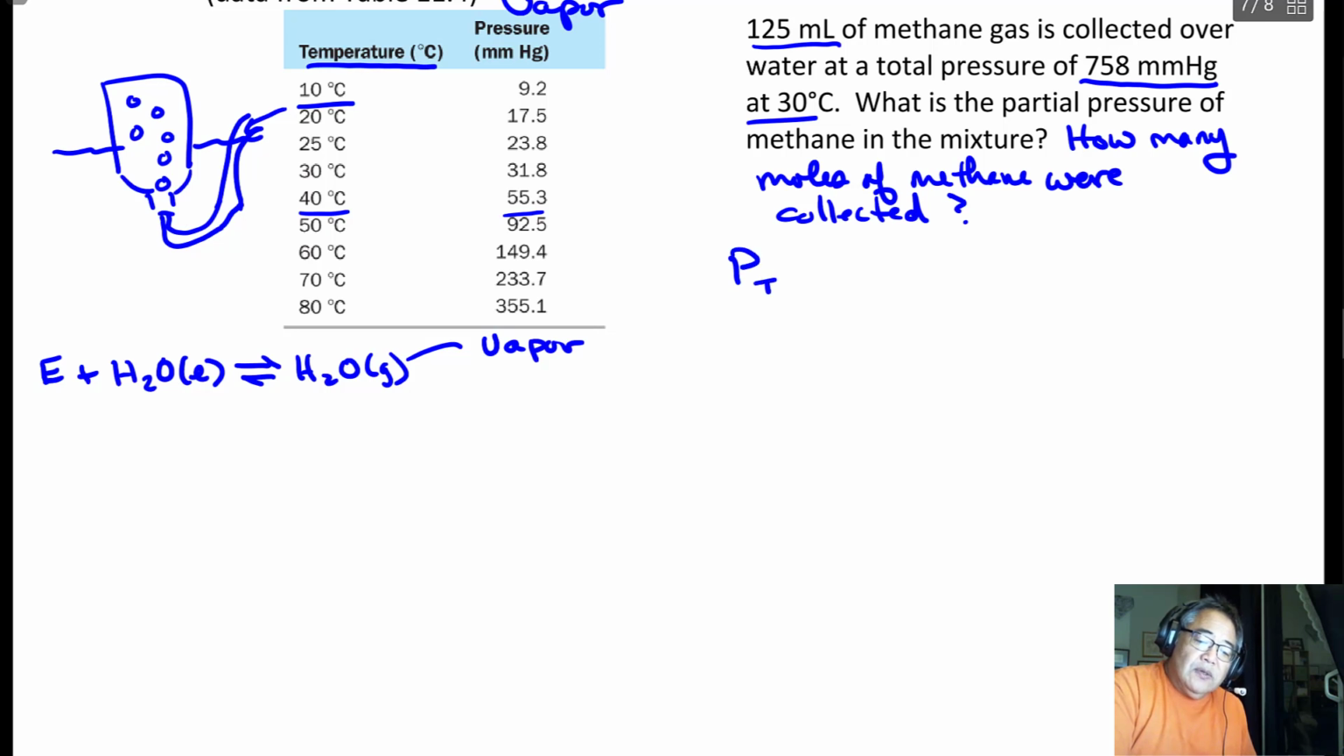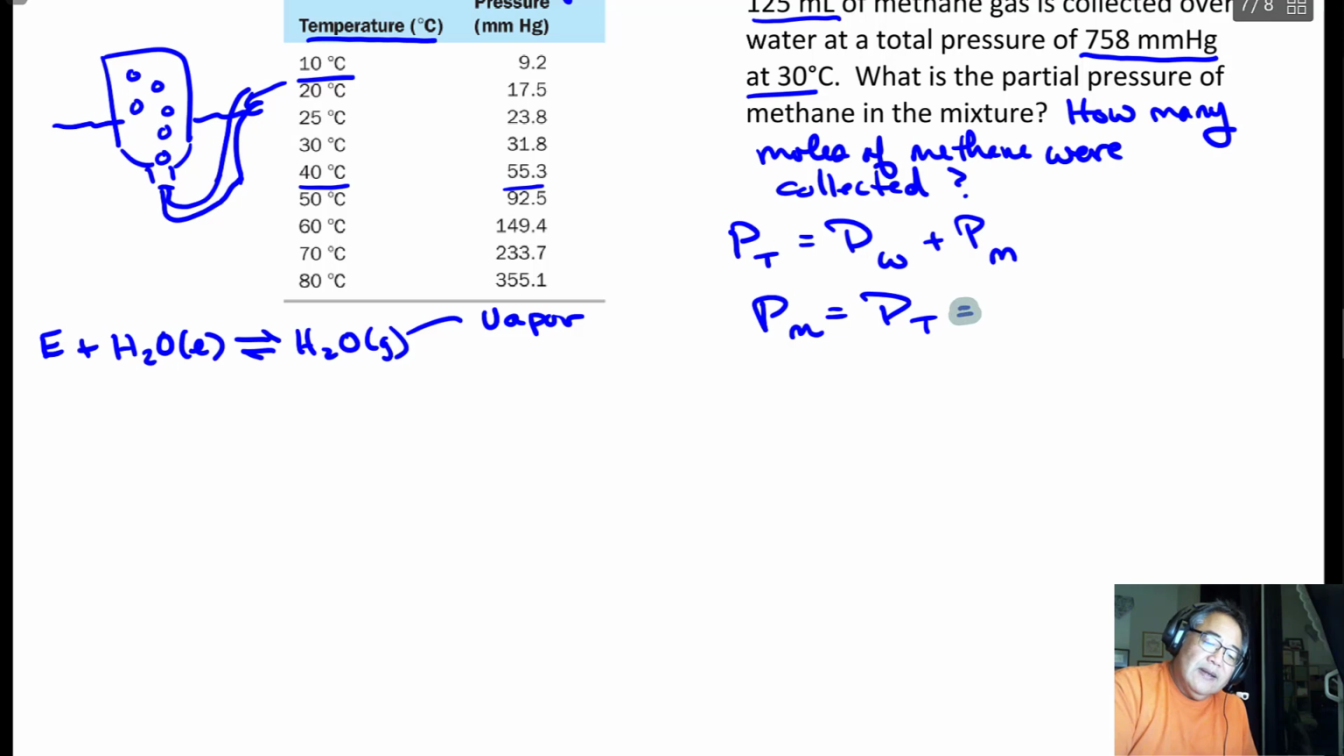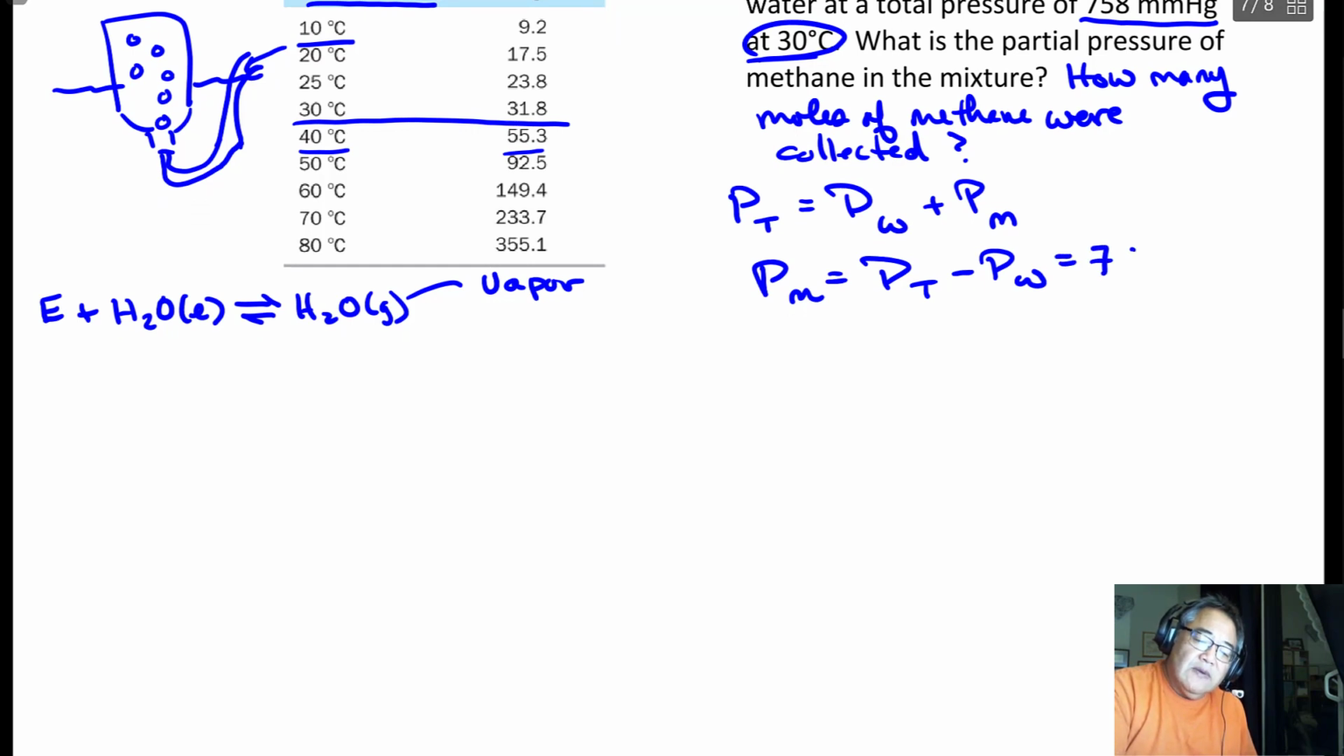So P total is going to be the P of the water plus the P of the methane. I'll call that M like that, okay? And this is Dalton's law of partial pressures. Basically, if I add the pressures up, it equals the total pressure. So then I can solve for the pressure of methane: the pressure of methane is equal to P total minus the pressure of water. This is at 30 degrees Celsius, where the vapor pressure of water is 31.8 millimeters of mercury. My total pressure is 758, so this will be 758 millimeters of mercury